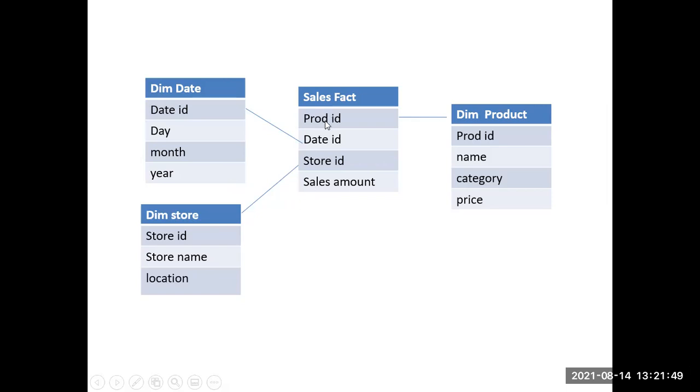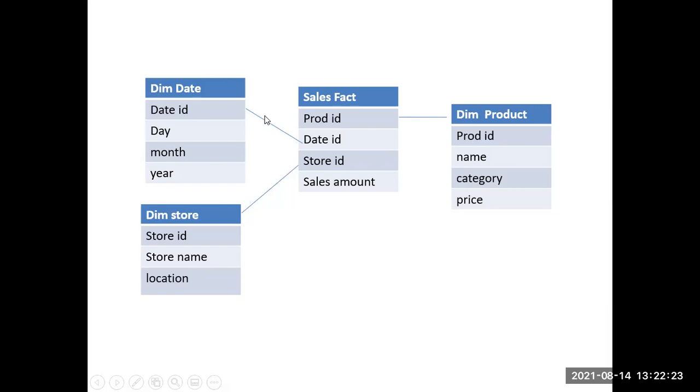I can say product ID combines with the dimension table date, so date ID is the dimension table key. I can add up on this date so many products have been sold. On this date, n number of products have been sold. I can count 5 days like that, which goes on increasing. Coming to product ID, it checks what product it is and how many products have been sold, and the store ID tells from which store the products are sold.